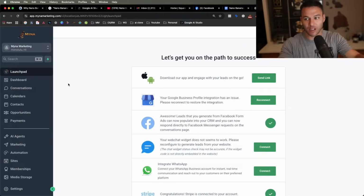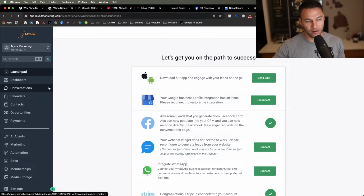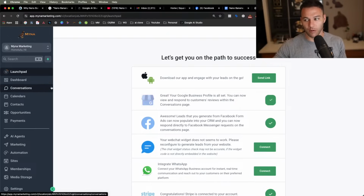link to this dashboard. And this is why if you have a business name and you put your brand there, it's cool because they think it's your software. But if they don't think it's your software and you're using Go High Level's branding, that's fine too. It doesn't matter. They're still going to use it. But if you do put your branding there, it is just another flex that makes you look more credible and